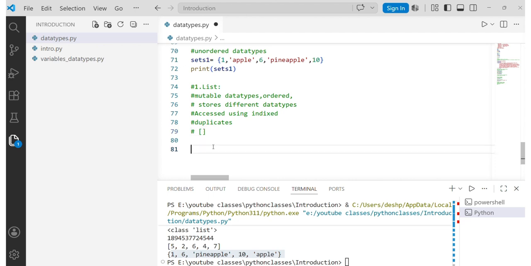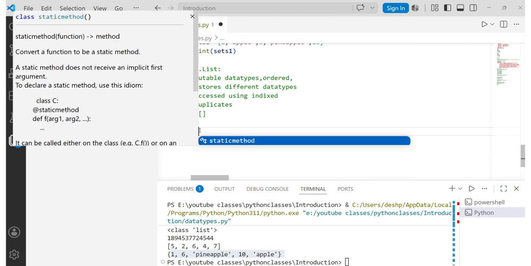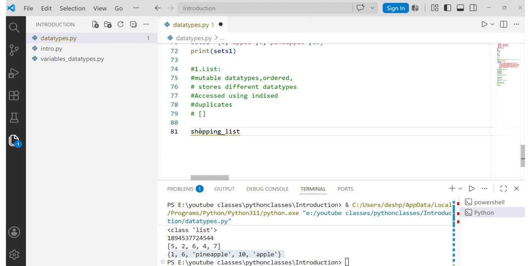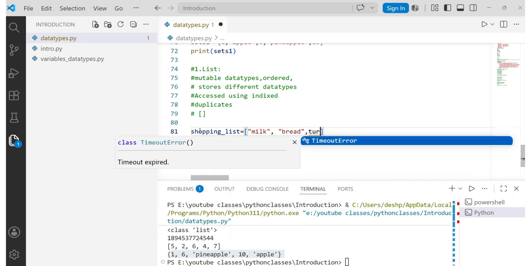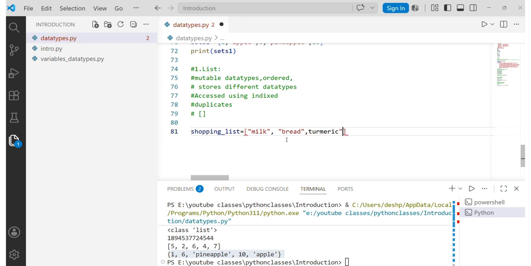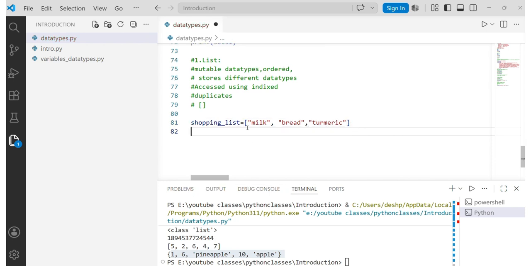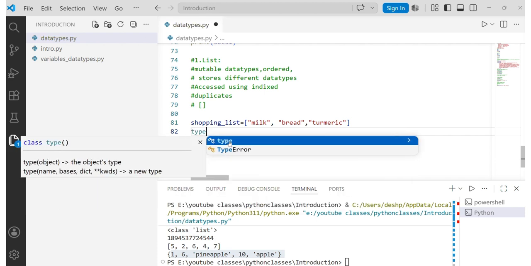Let us take an example like a shopping list: milk, bread, or turmeric. These are all shopping items we have taken from a shopping complex mall, and we are storing all the store items in a variable called shopping list. And if we want to know the type of shopping list,